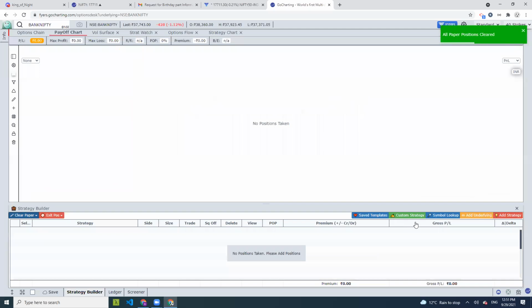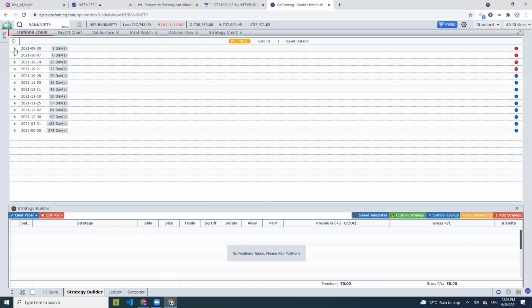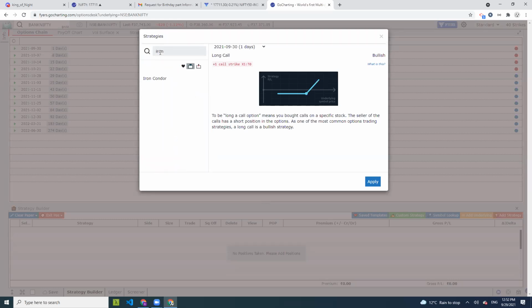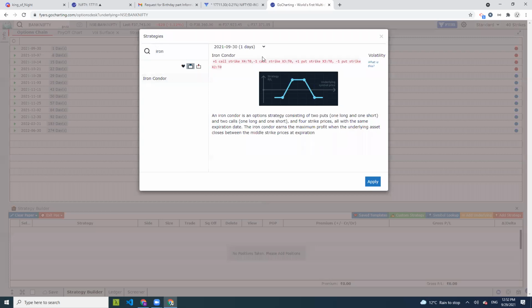So now here, if you want to create a strategy, like I've already explained, you can do it from the options chain by clicking on the bid and the ask. But if you want to have some custom strategies, some built-in strategies, there's a button called add strategy. It will give you a list of 40 built-in strategies. So every popular strategy that you can think of is already built in here. Okay, so you can directly choose from here. So for example, Iron Condor seems to be a pretty popular one in India.